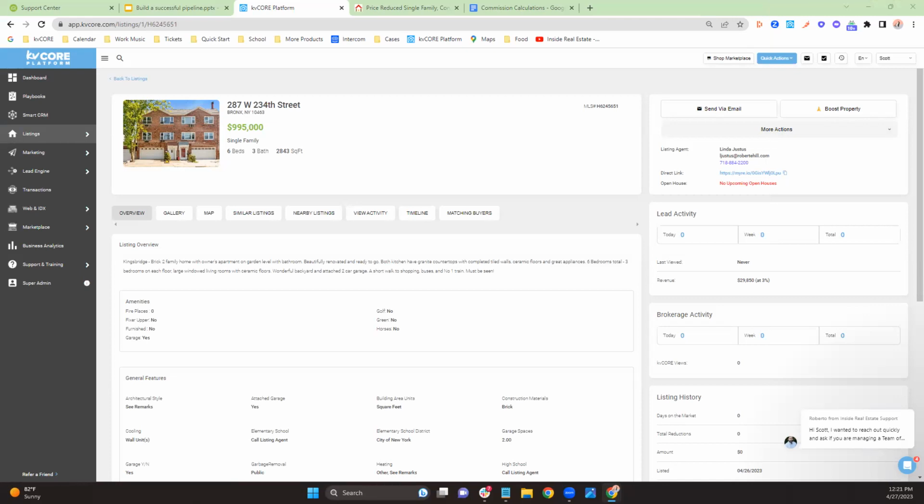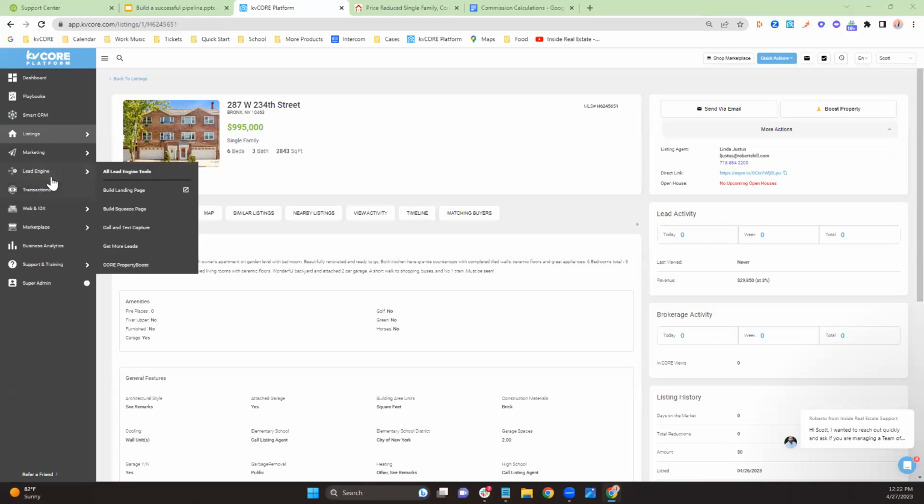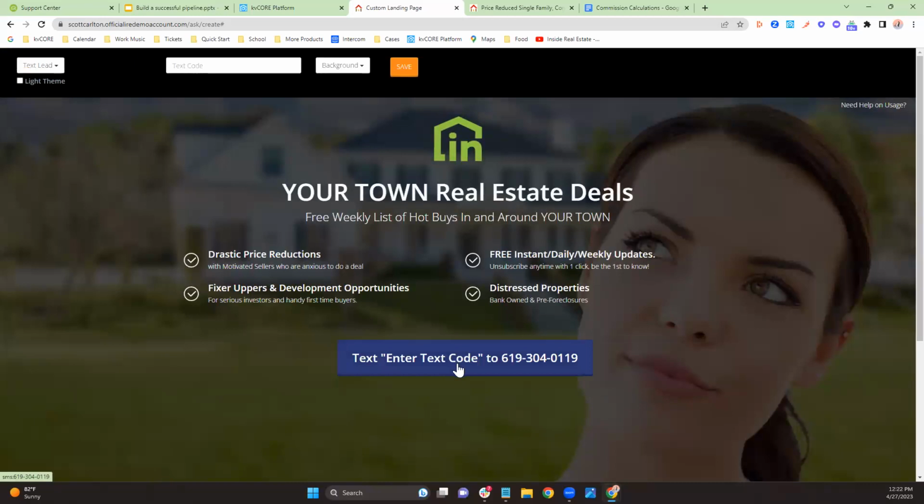I have a question about the text capture and the smart text. Is there a possible way to do that for an office, like a text capture for the whole office, and maybe round robin those captures, or is that agent to agent basis? Are you talking about using the company site to create a landing page with the text capture on it? So let's say we're doing a giveaway at the office, like a Mother's Day giveaway. We text "win" or whatever to the office smart number,